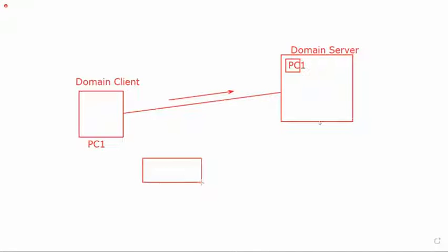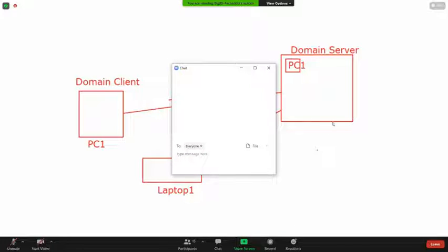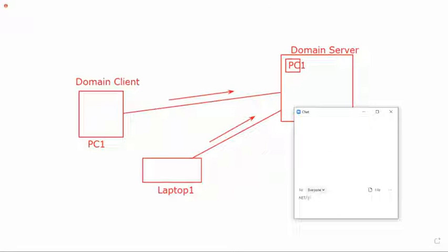Now, say someone who is not in the domain tries to connect. The server does not have an identification of this. Let's say this is a laptop trying to communicate with the server and sending some authentication. It has not been added to the domain, and the domain server knows, I don't have an object for it.